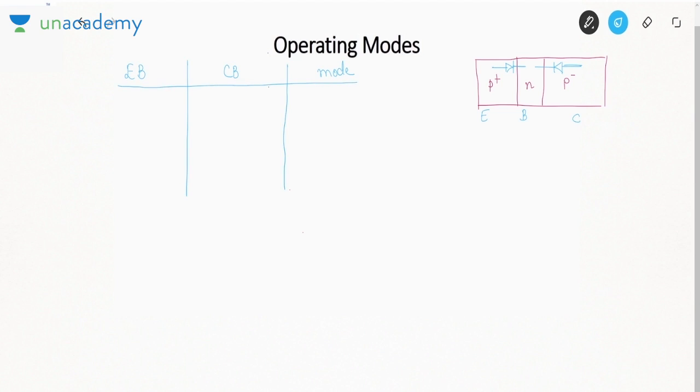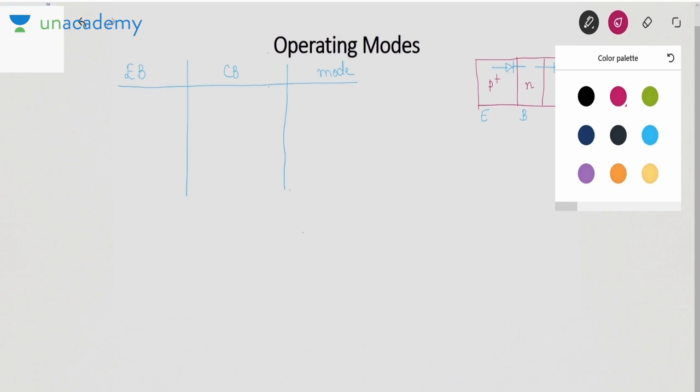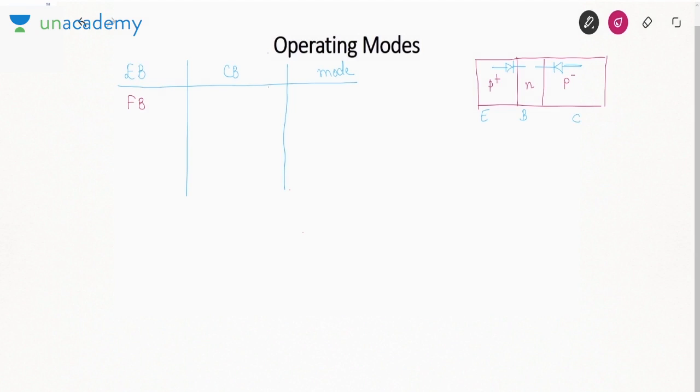Now every PN diode can be forward biased or reverse biased. So let me take the cases: forward bias, reverse bias; forward, forward; reverse, reverse; reverse, forward. So there can be four possible combinations. Different modes arise because of this: forward bias, reverse bias is called active mode. This is most important from the analog point of view. Forward and forward is called saturation mode. Reverse and reverse is called cutoff mode. Reverse and forward is called